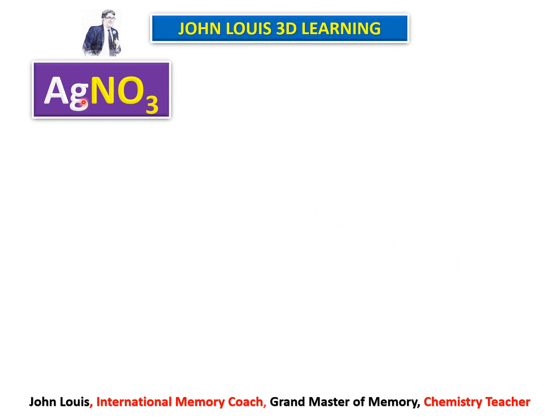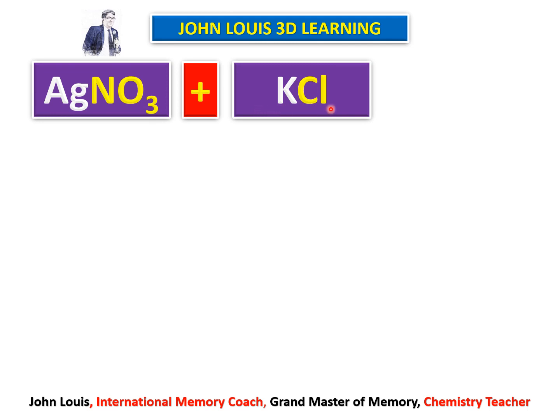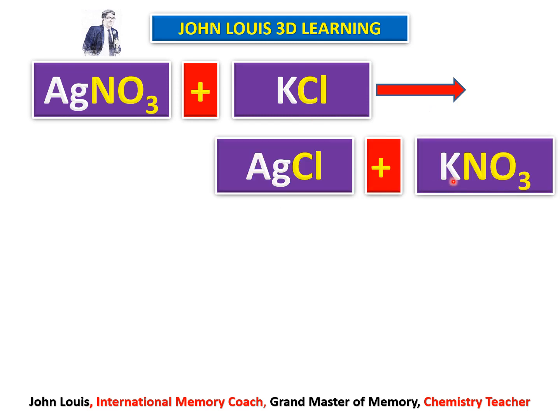AgNO3. What is AgNO3? Ag, okay, we will see that one by one. Then KCl. K is positive ion and Cl is negative ion. Gives AgCl plus KNO3. Okay, now if you do not know what is positive ion, what is negative ion, how the compound is formed, then we cannot read it in words. You have to simply memorize the symbols and the letters and the numbers without understanding anything. Since we have learnt it very thoroughly, now it's easy to decipher the equation into words.